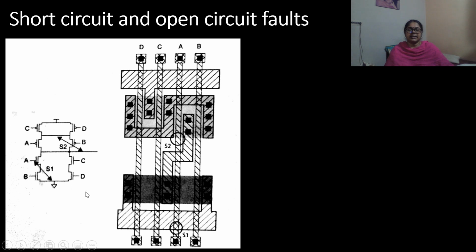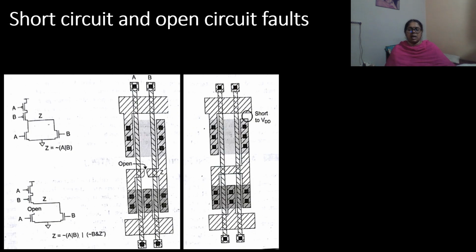So you can see here A input is connected to the ground because of the short, and S2 will be connected to the output metal. In CMOS circuit, a fault can convert combinational circuit into sequential circuit.